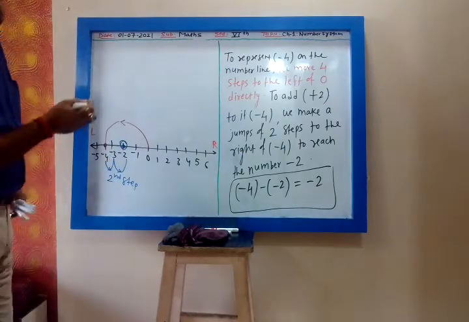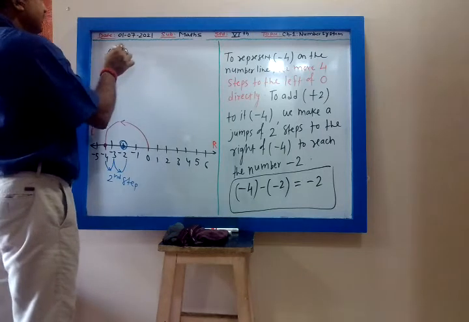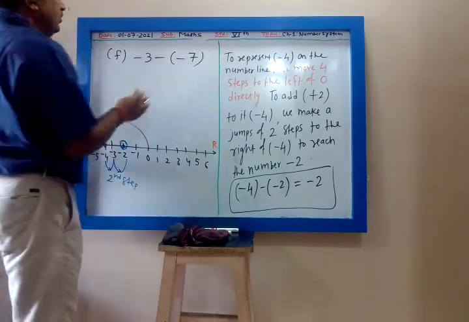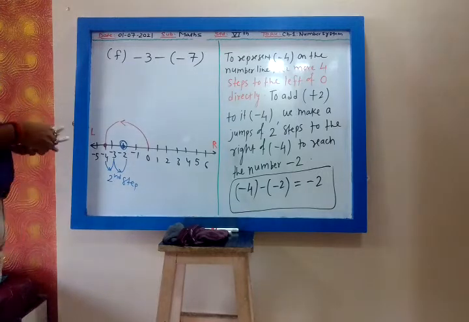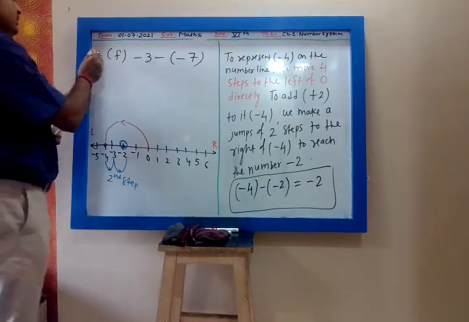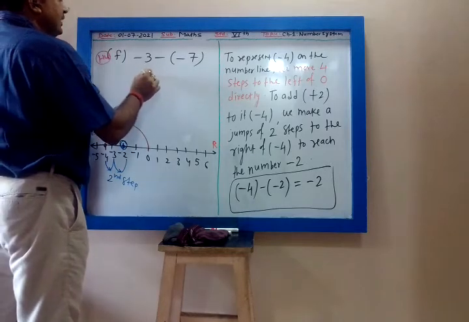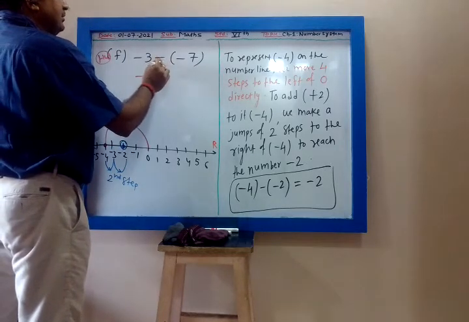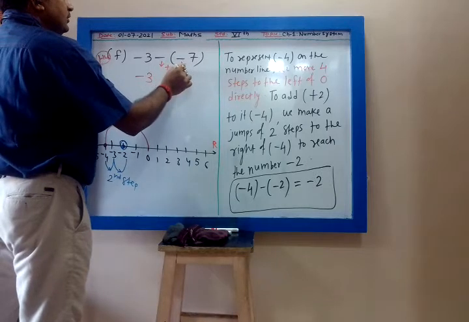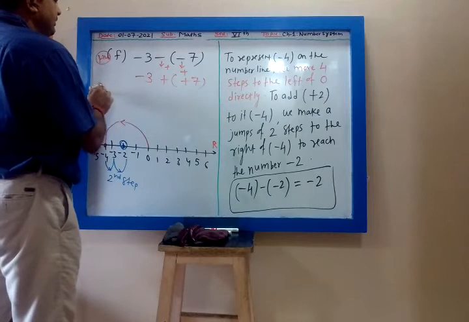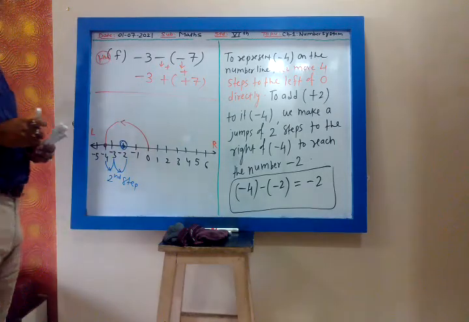Yes, F, I will think F, it is minus 3 minus 7. So this will be homework. Is it clear? Yes, homework only I am going to give because similar problems are there. This you can write minus 3, minus you will replace by plus. So this becomes plus 7. That's all. And further part will be homework. You can do it.